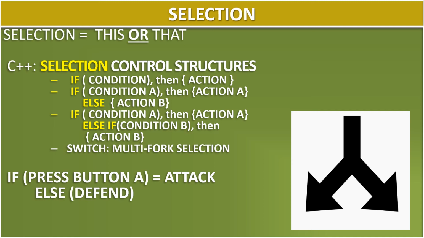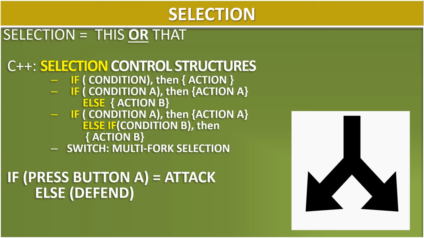Or you can do something, for example, if condition A, then do action A. Otherwise, if condition A is not true, do a different action, action B. Or you can have ones that are branching, so you can have what's called if, else if, else if, else. And you could have infinite numbers of else ifs, which is you're basically saying if condition A applies, then do